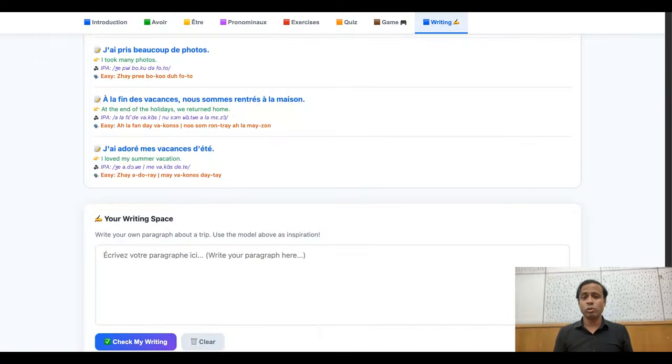Okay, and if you use these expressions, and I believe any teacher who is going to evaluate you, whether you are going for your DELF examination, or you are a student of a university, college, or you are learning French anywhere, if you use these expressions, then your teacher will give you more marks. Like ensuite, puis, à la fin des vacances. Okay, so if you use such terms,